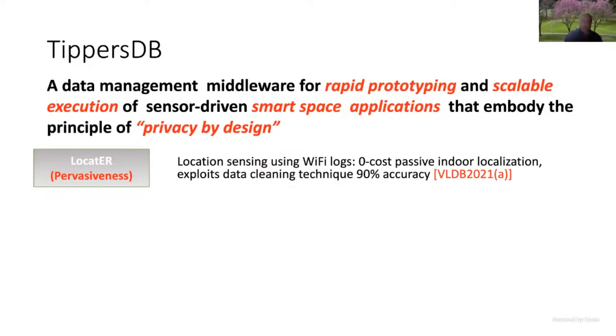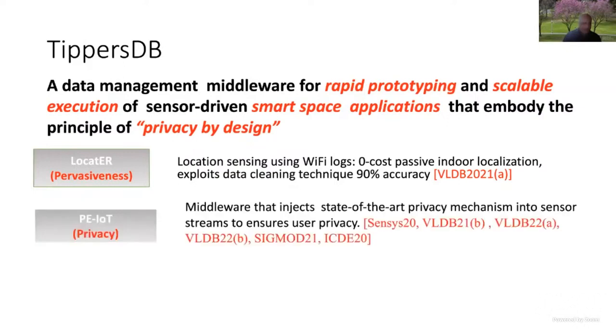But what Locator provides is a bunch of data cleaning technologies which exploit the semantics and the interactions between people and spaces to achieve a very high level of accuracy, both at the coarse level and the fine level of granularity of localization, including about 90% accuracy for room-level localization. With this level of optimization, it competes with commercial solutions which are hardware-based, or expensive hardware-based solutions that require new hardware to be brought into environments. And therefore, it enables applications to be built while addressing the zero-cost challenge of pervasiveness.